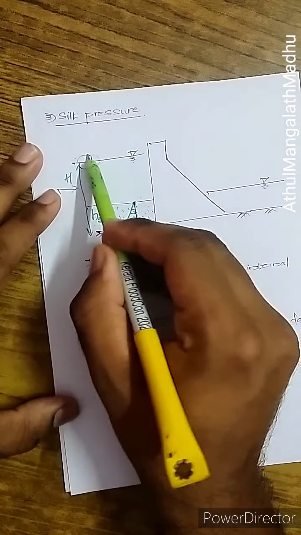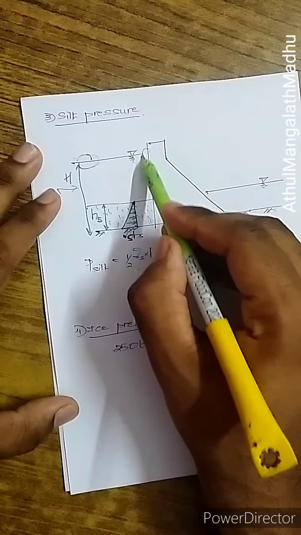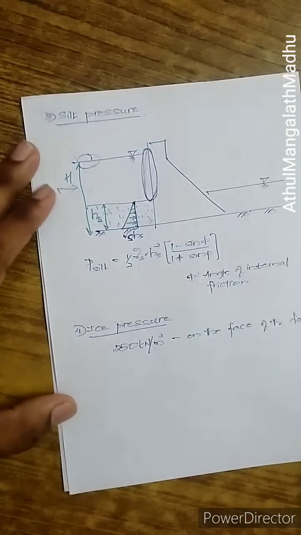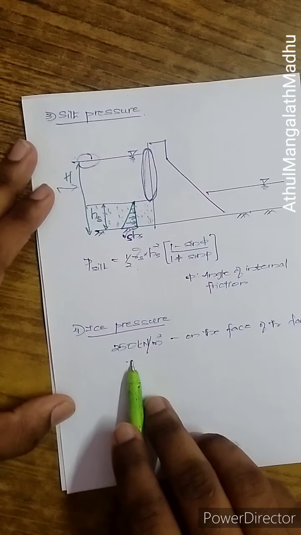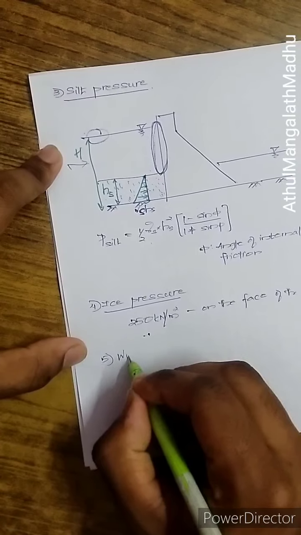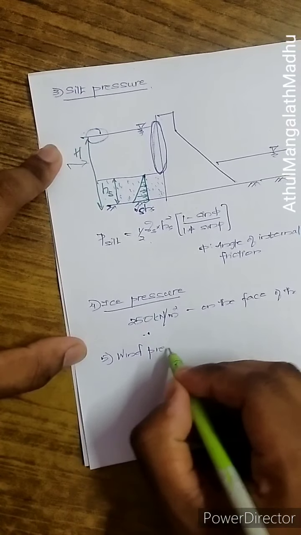because if ice is forming here, it does not have any impact here. Only on the face of the dam you will be having this ice pressure. So the ice pressure on the face of the dam is taken to be 250 kilonewton per meter square. Similarly, if I take the wind pressure,